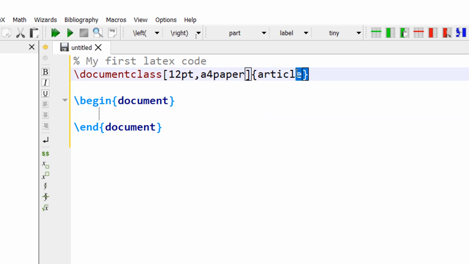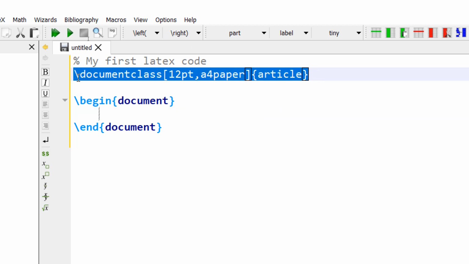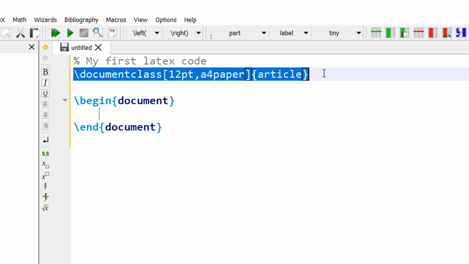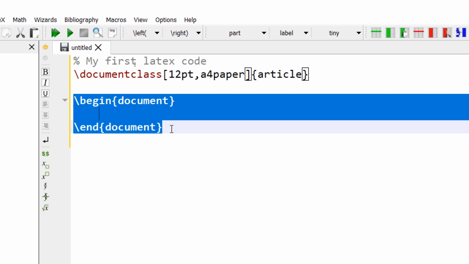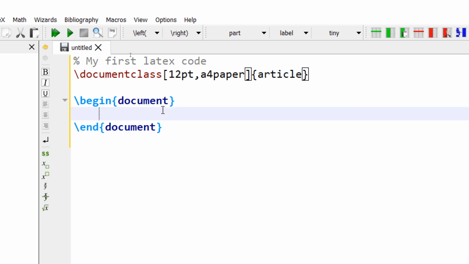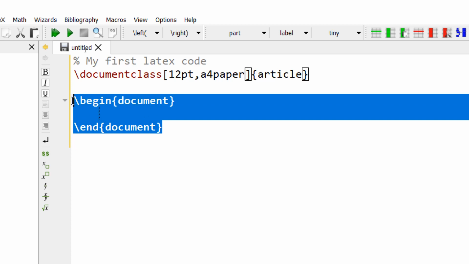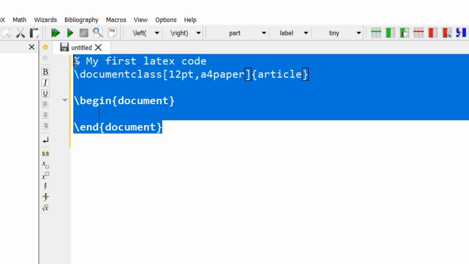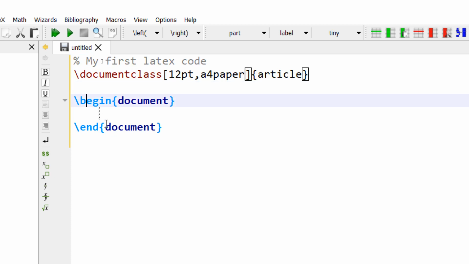If you are aware of any programming language like C or Java, you can treat this document class as being hash include stdio.h or your package or import statements in Java, and this begin and end you can treat it as main or your public static void main of Java. So both are mandatory, document class and begin and end document.